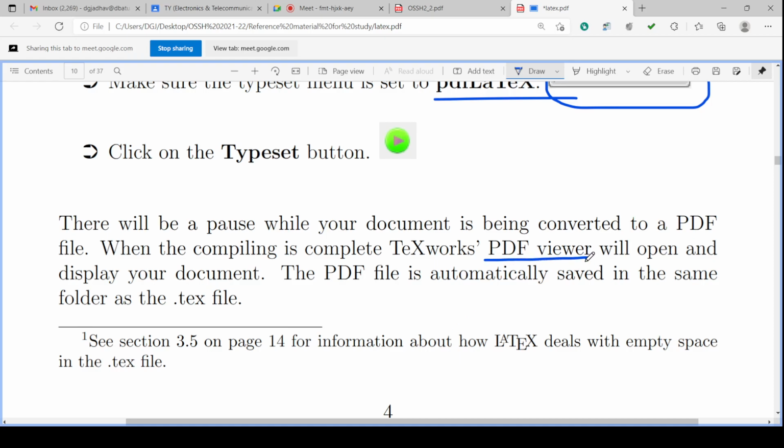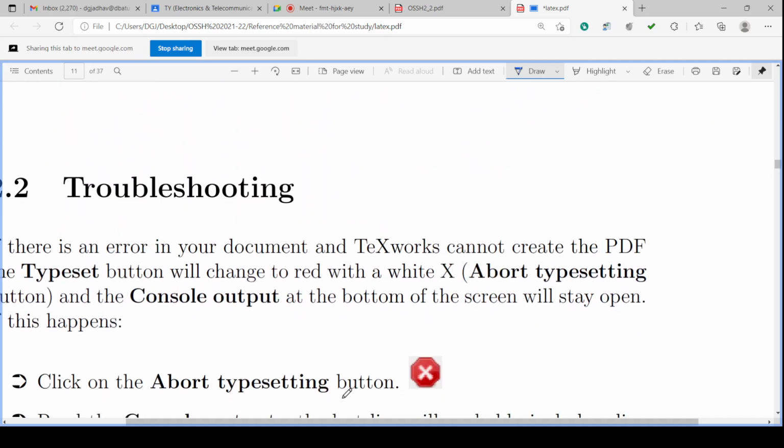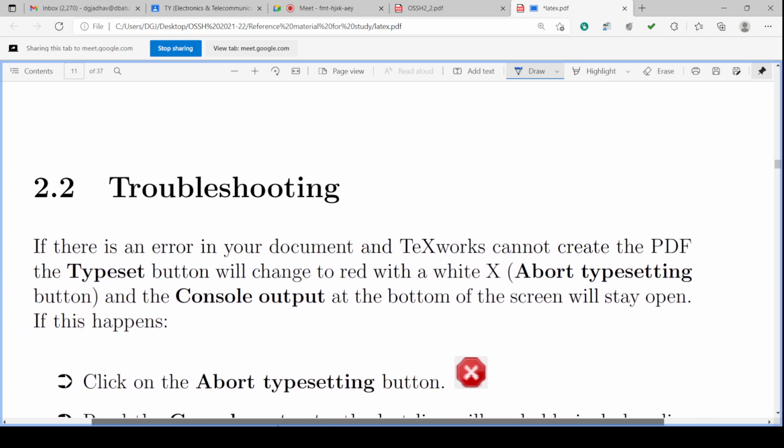And if we are having the PDF here, this file can be opened and displayed as a document. The PDF file is automatically saved in the folder where the .txt file is there. In whichever folder the .txt file is, the PDF file is also automatically saved in that particular folder or location, we can say.